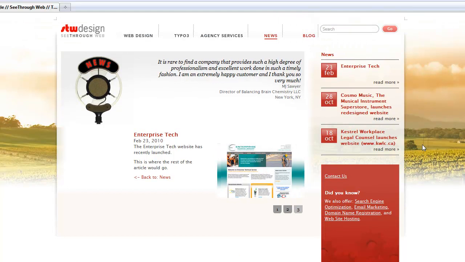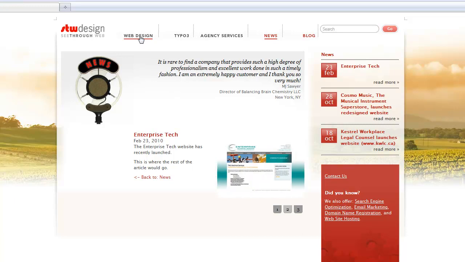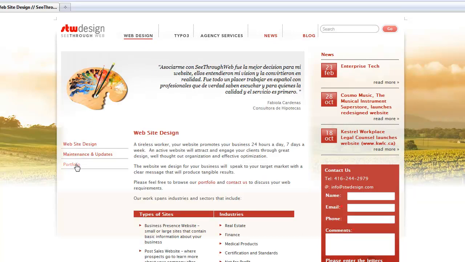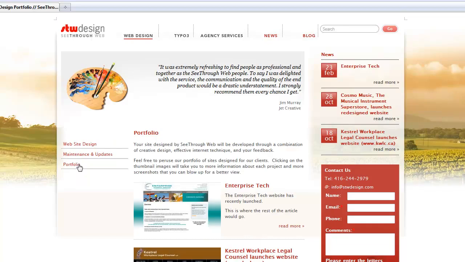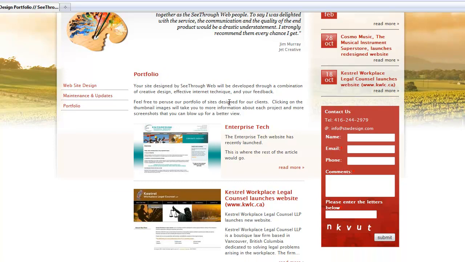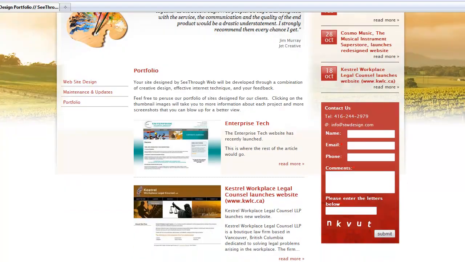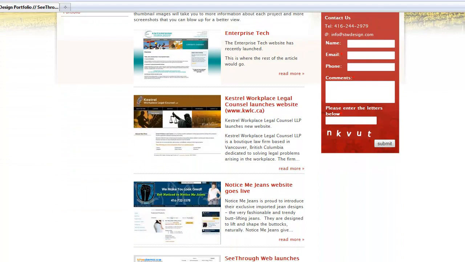One trick we're doing on this site is we're also using the news module for our portfolio. So if I flip on over to Web Design and then go to Portfolio, if you recall, when I picked the categories, I picked a category called Web Design, and we've got this page set up to, again, display the news module in list view, but only the articles who have a category of web design. So we're not seeing all our news items here, we're just seeing the ones that have web design listed.